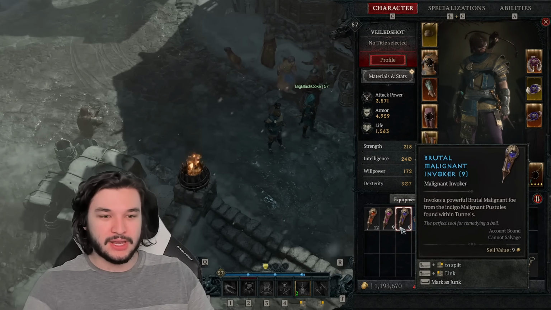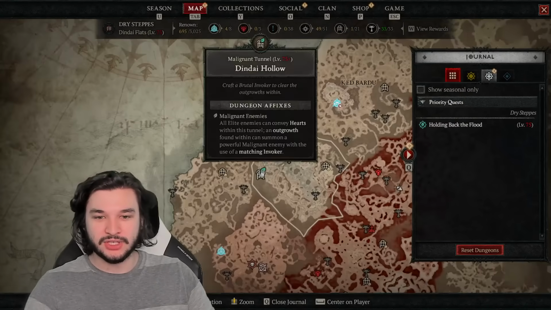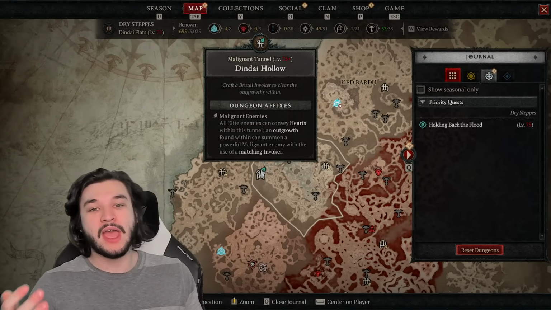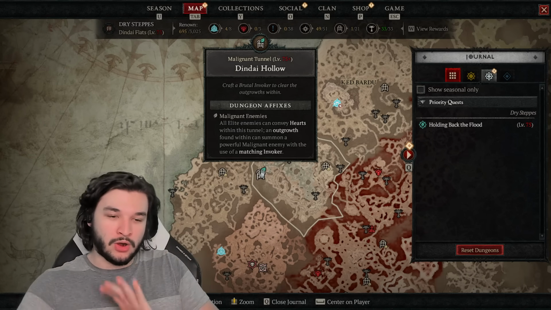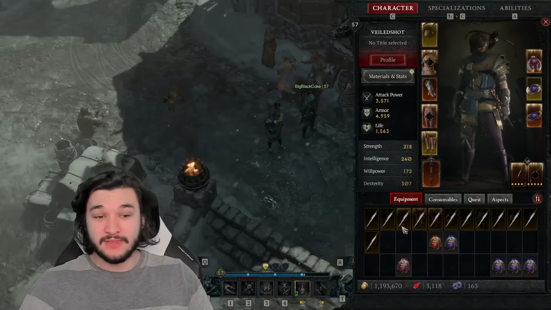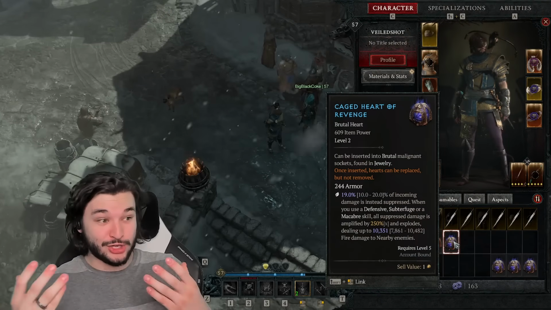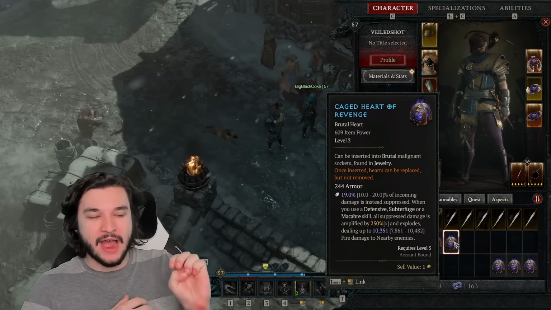These Brutal Malignant Invokers are the ones we need to match towards this Malignant Tunnel, which says craft a Brutal Invoker. And when you match it, you can start to target farm those Brutal Hearts. This is the best way to go ahead and find some of these. And in this case here, for the Caged Heart of Revenge, this is absolutely worth your time to go ahead and